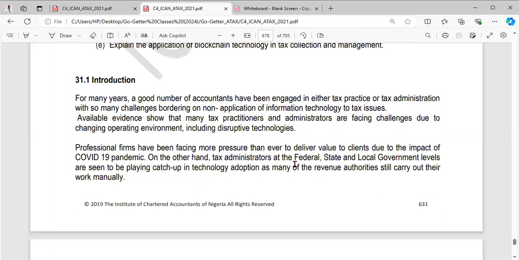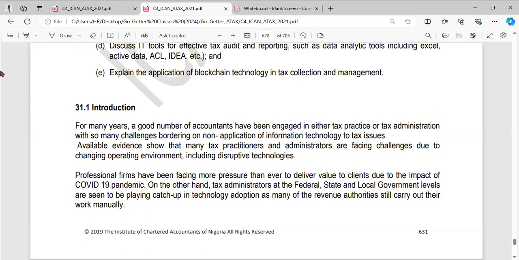All right. So for many years, a good number of accountants have been engaged either in tax practice or tax administration with so many challenges bordering on non-application of information technology to taxes. Available evidence shows that many tax practitioners and administrators are facing challenges due to the changing environment, including disruptive technology. For example, when the COVID-19 pandemic came, then professional firms faced this pressure much more